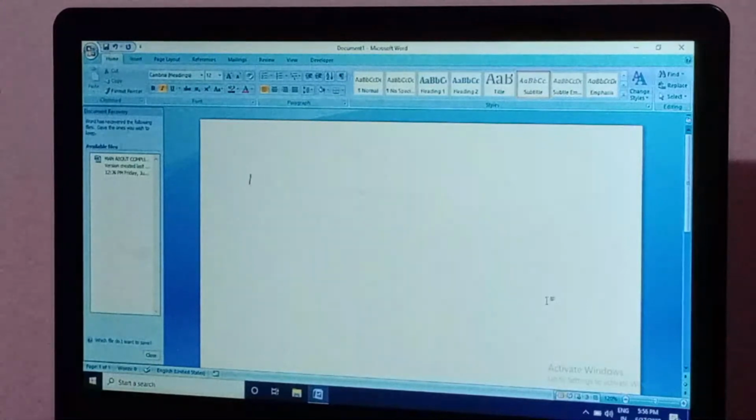My dear students, first of all, there are so many options: Home, Insert, Page Layout, References, Mailings, Review. But today I discuss moving the text and selecting the text. Suppose I write any such letters, such a sentence. Suppose this sentence is,